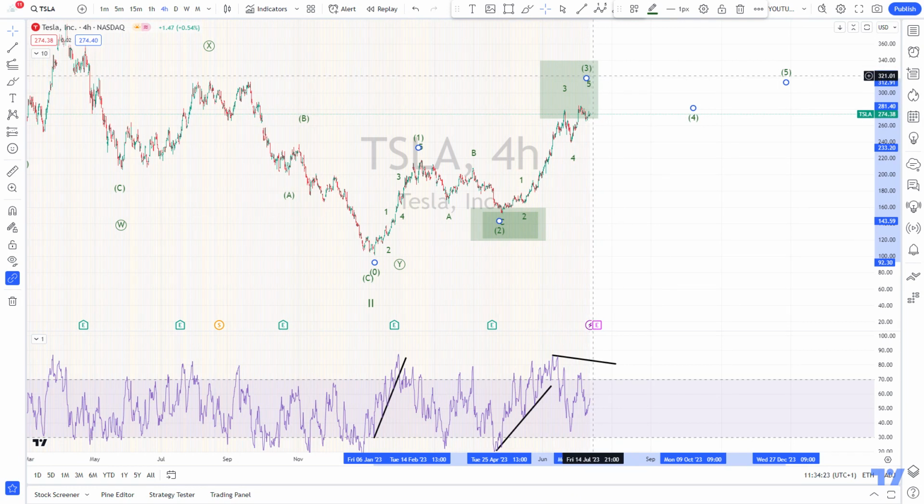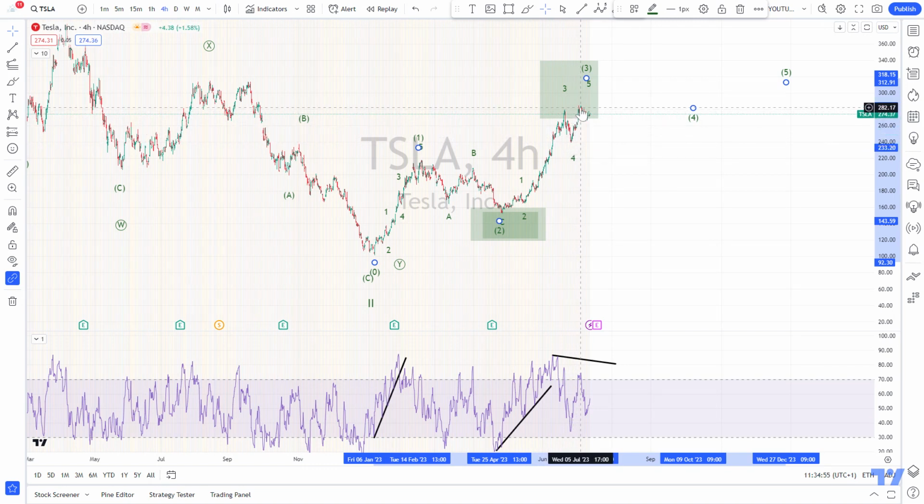consist of 5 waves. What I see here, in my opinion, is a short first wave 1. Then we had the wave 2 down, and then a massive run as a wave 3. My idea is that this structure is indeed ending. So this looks to be the wave 3. We had a wave 4